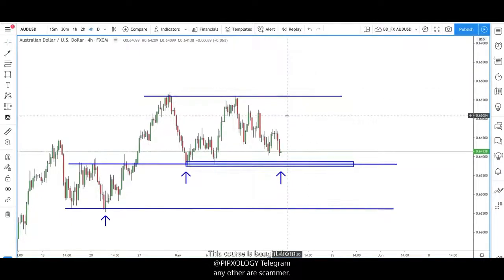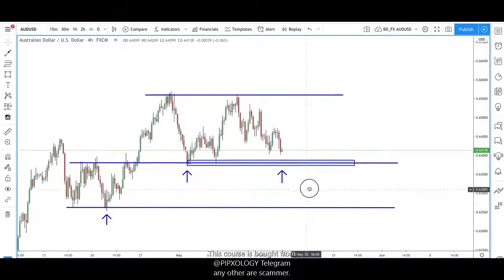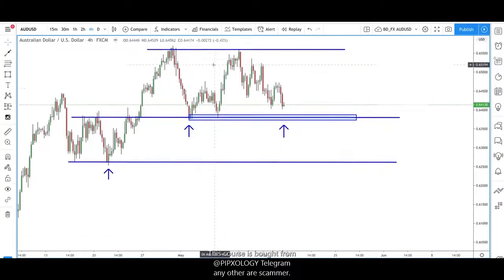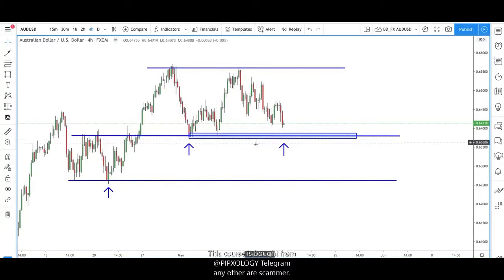But again, things can change on market open, but we understand that if things do change, what the setups will be. If we do break below here, then we can look at taking a long trade back up, but it will be only for a retracement before we look at taking a short trade back down. We'll understand that, okay, we are now making lower lows, lower highs, lower lows. At the moment, we haven't made a lower low, so we're still bullish on Aussie dollar.